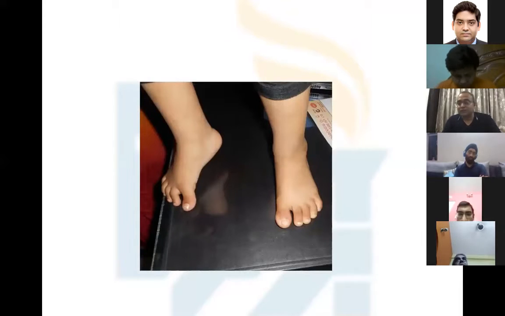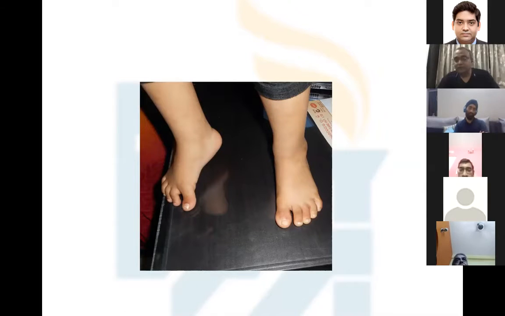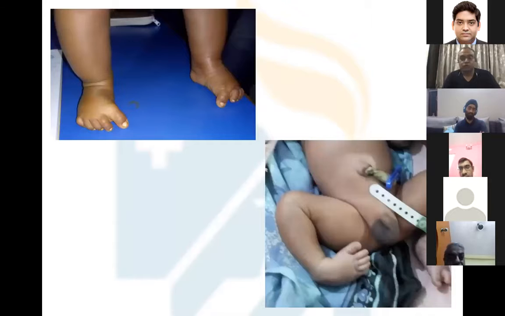Now coming to this clinical picture, you can see there is still some amount of equinus deformity. This is a case of a relapsed CTEV, where the foot is definitely smaller compared to the other one. That's again an important aspect of clinical examination in your inspection. When you see a deformity, you have to be very careful in noting the size of the foot also. Here, in the first picture, it is basically a metatarsus adductus, whereas here the entire forefoot is in adduction. You have to differentiate. This is forefoot adduction in a congenital talipes equinovarus, whereas this is only a metatarsus adductus.